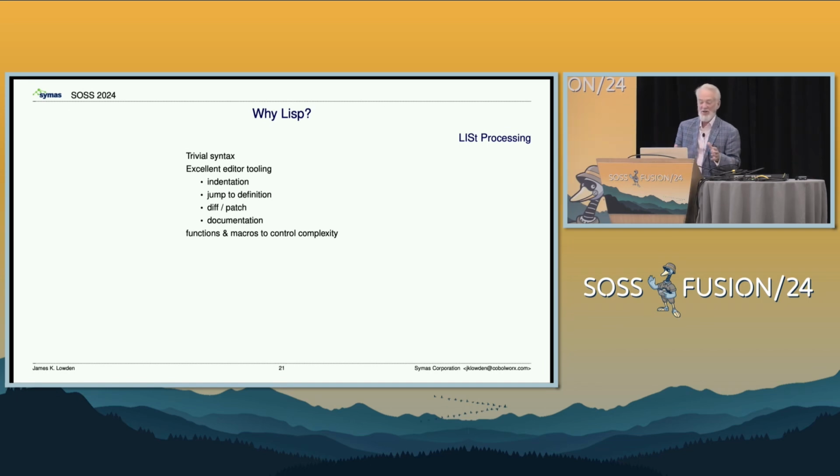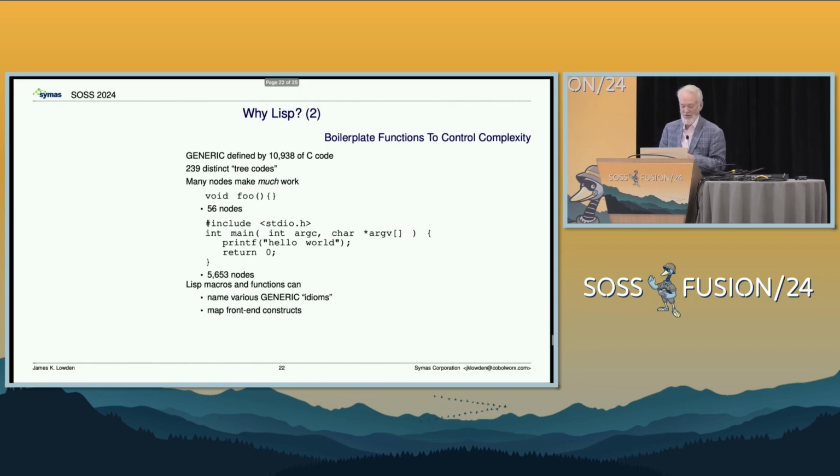Also, you might not know it, but it's a good likelihood your editor has support for Lisp already. So if you want to jump to the definition of the thing, or compare two things, it's all set up for this sort of thing. Lisp even has standard ways of inserting documentation into the language. So that's why I think Lisp itself is a good answer.